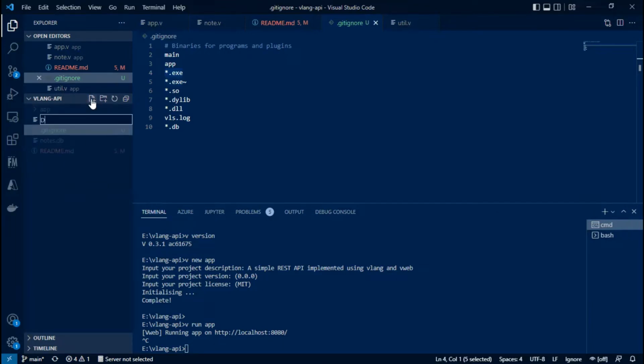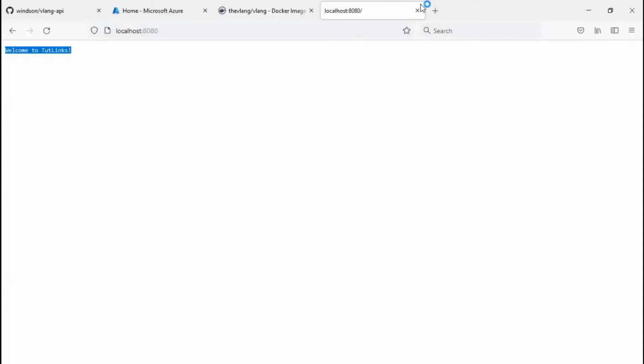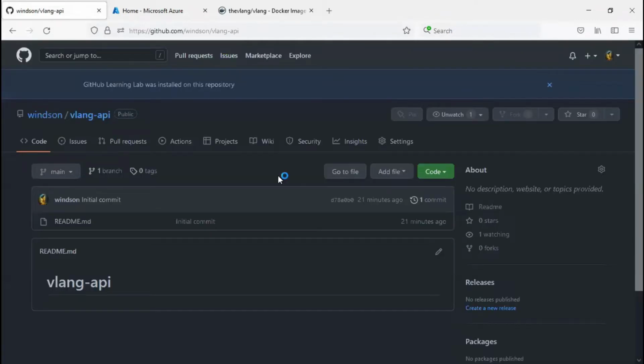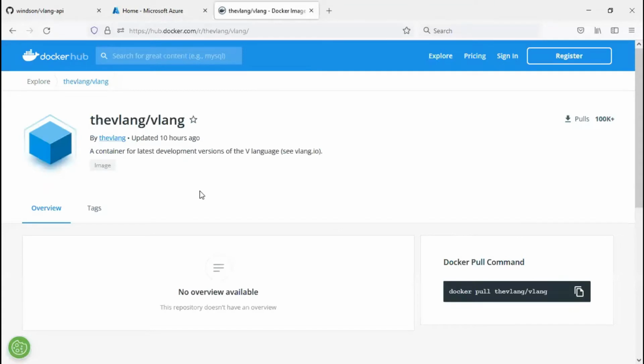For that, in the root of our application's directory, we will create a file named Dockerfile with D in uppercase. The Dockerfile will be created out of a base image, which is the base image offered to us by the VLAN.